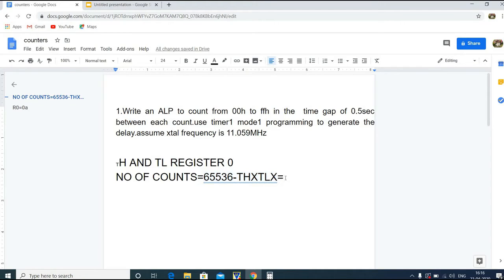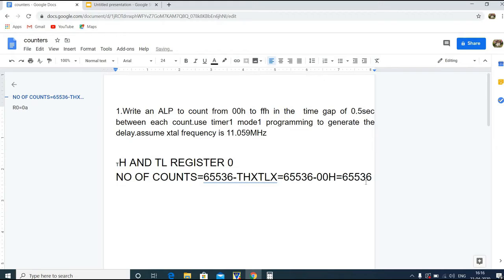So we get 65,536 minus 00H, so we get 65,536. It's nothing but the maximum delay is possible when the timer counts for 65,536 cycles.